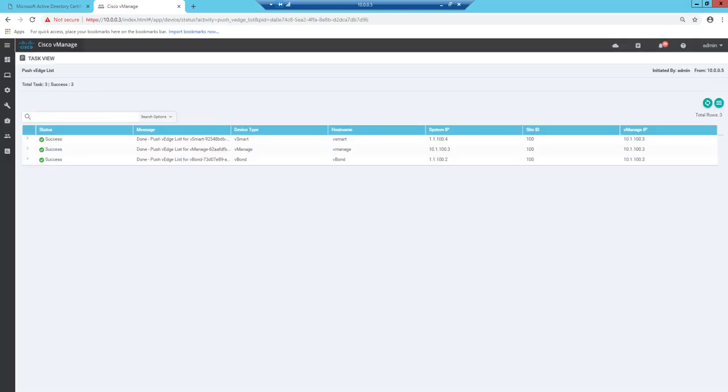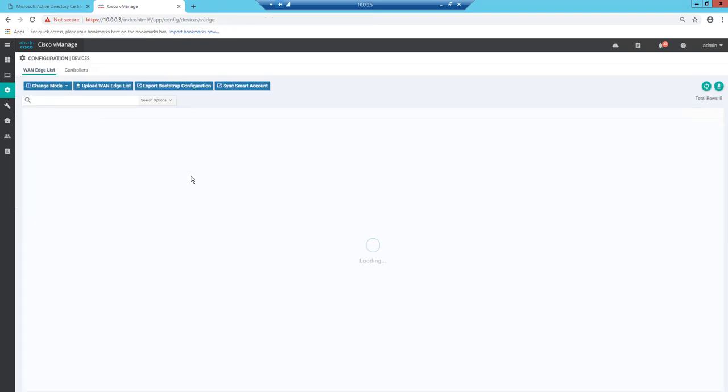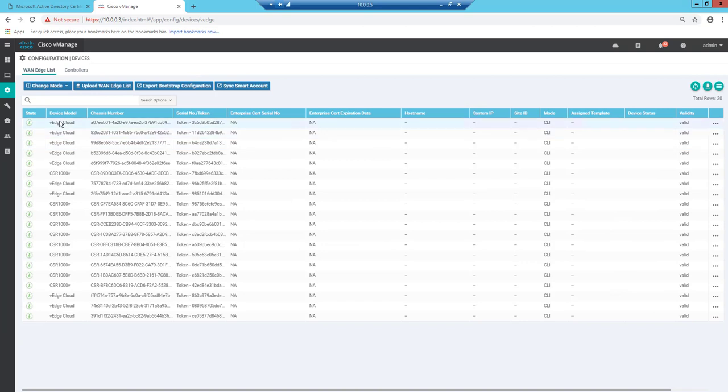Very good. And as you know, status success, and message: push serial list to vSmart, vManage, and vBond. Very good. Now we can go to devices. In devices, we can see the list of WAN edges, including vEdges and cEdges. vEdge Cloud 1, 2, 3, 4, 5, 6, 7, 8,